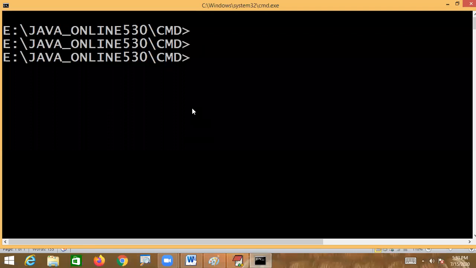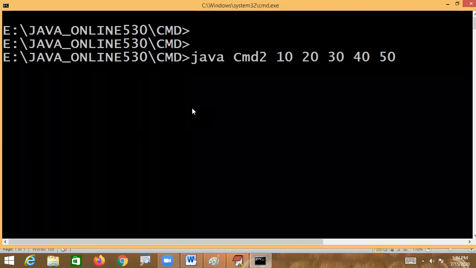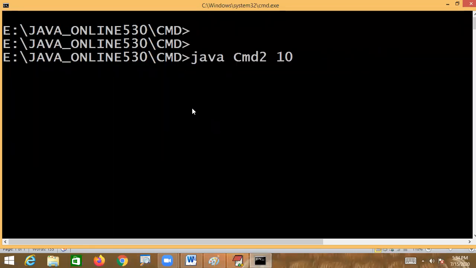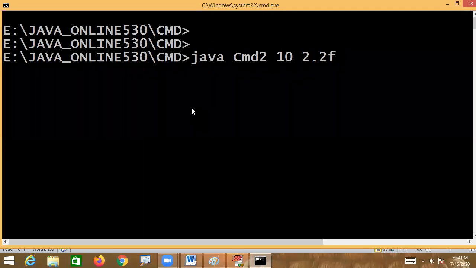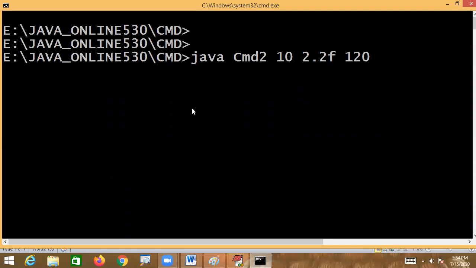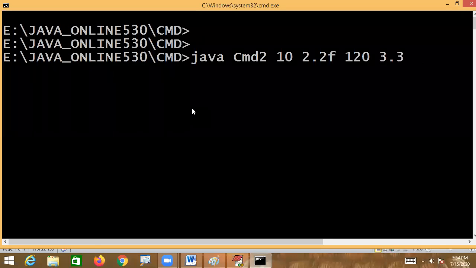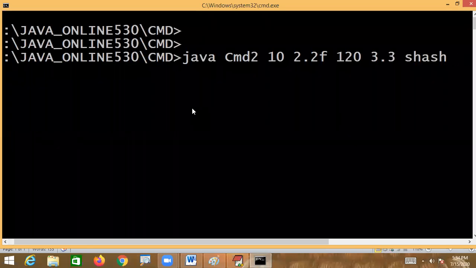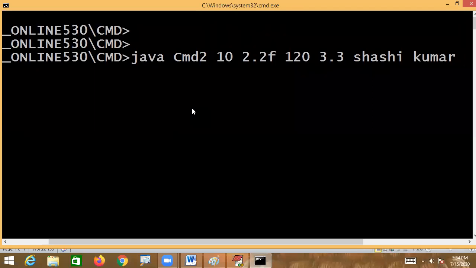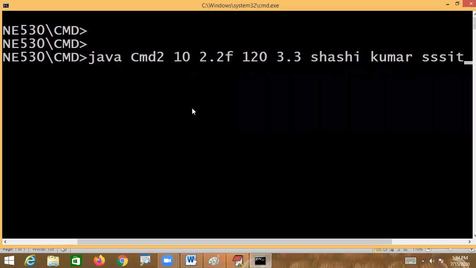By the time of execution, you can pass any type, like 2.2f, and again 120, and 3.3. Now I'm giving something like Shashi Kumar, and I've written some triple SIT.